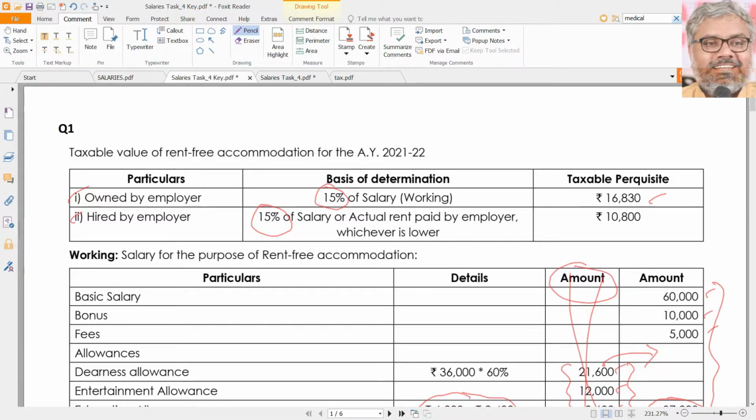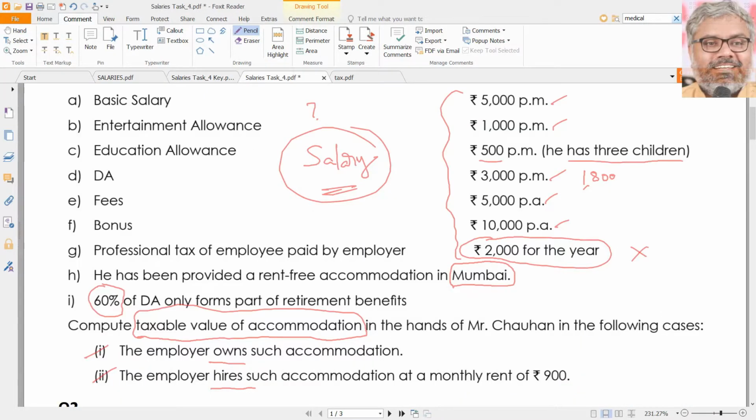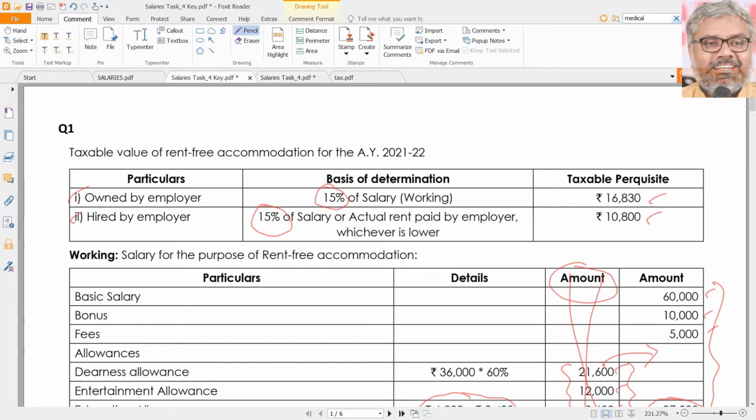15% already we know is 16,830. Actual rent paid by the employer was 900 rupees per month. So 900 per month means annually it will be 10,800, which is lower in this case. 10,800 is lower, so that will be the taxable value of perquisite. That's it. So here to be noted, main point is, in case the accommodation is owned by the employer, then